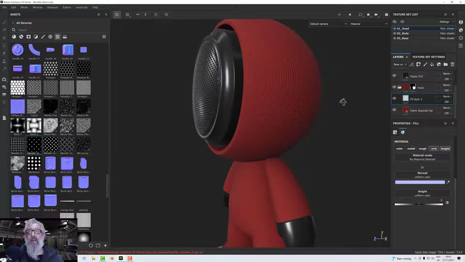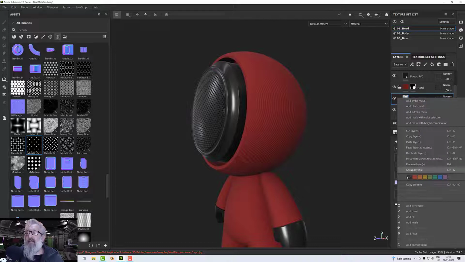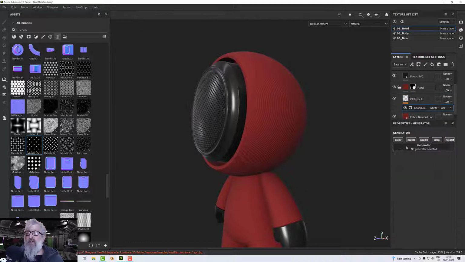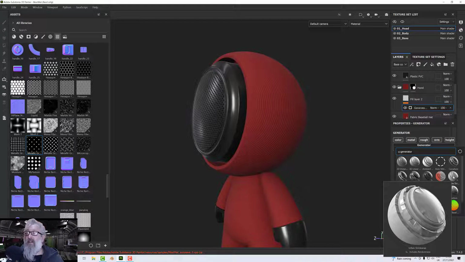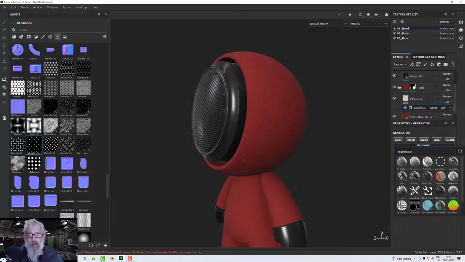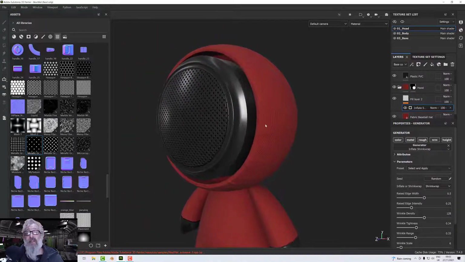There we go. And for this one, I'm going to use the new generator in 7.4. So let's right click there and just add a generator. And in the generator, I'm going to select inflate stroke shrink wrap. And when I do that, you'll see I get some quite nice little kind of